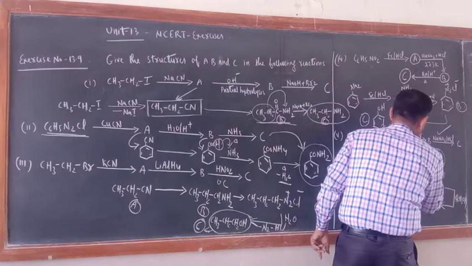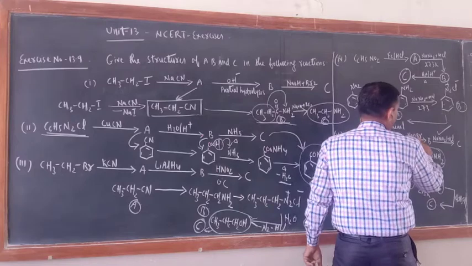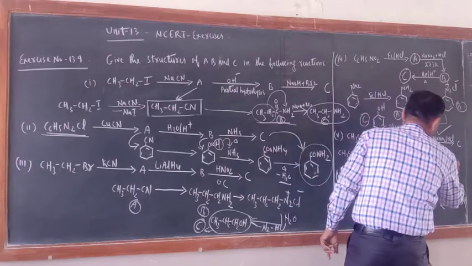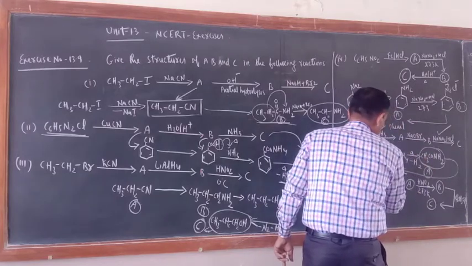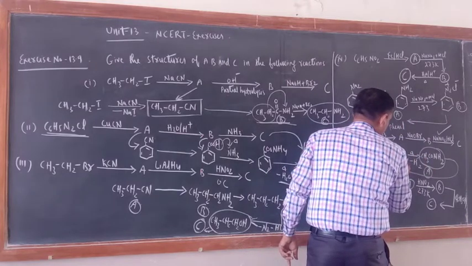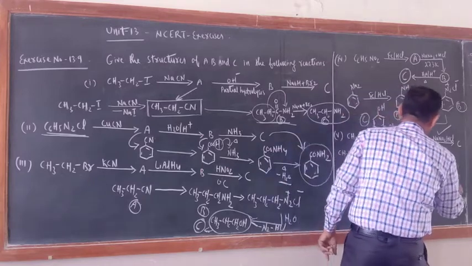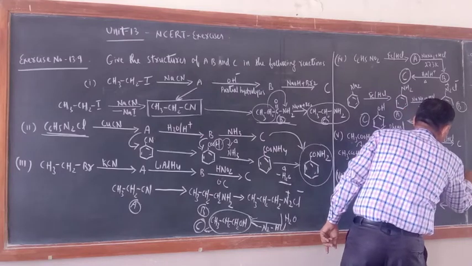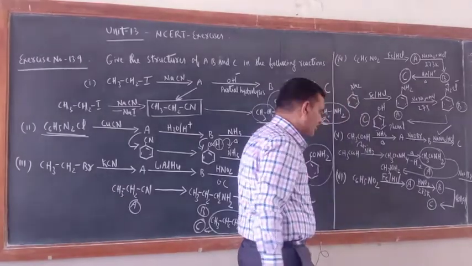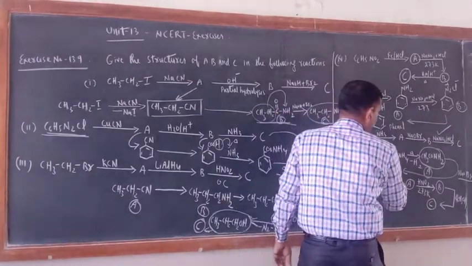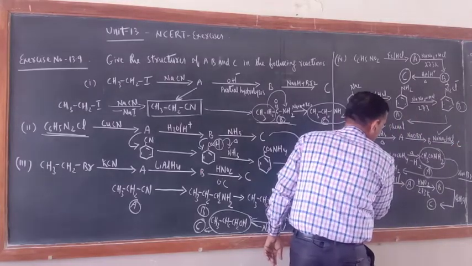Now when the amide is subjected to this one, NaOBr, Hofmann bromamide reaction. So I am writing this side. Hofmann bromamide reaction, you will get CH3NH2, correct? Just see, CH3CONH2, Hofmann bromamide. Here NaOBr is the hint of NaOH plus Br2. Okay, you have got methylamine. So here this is C.